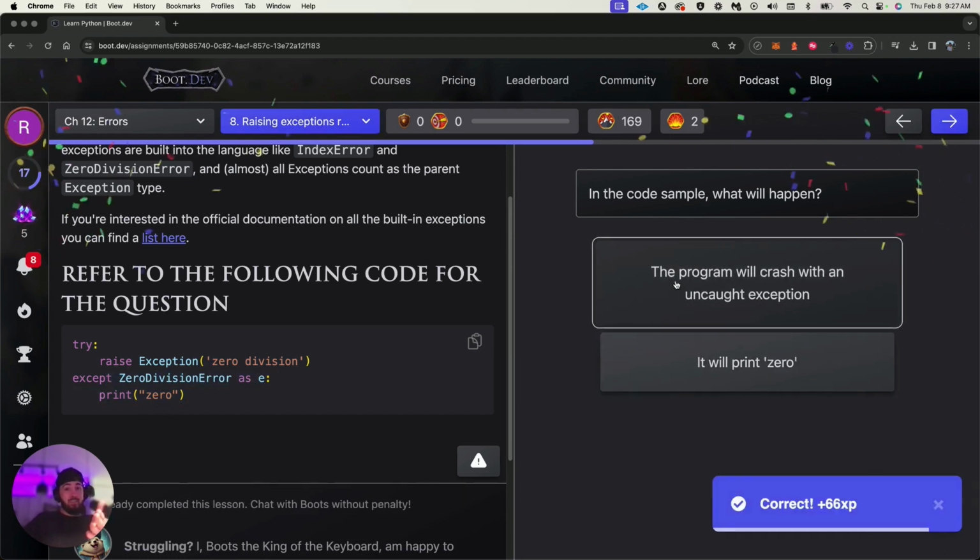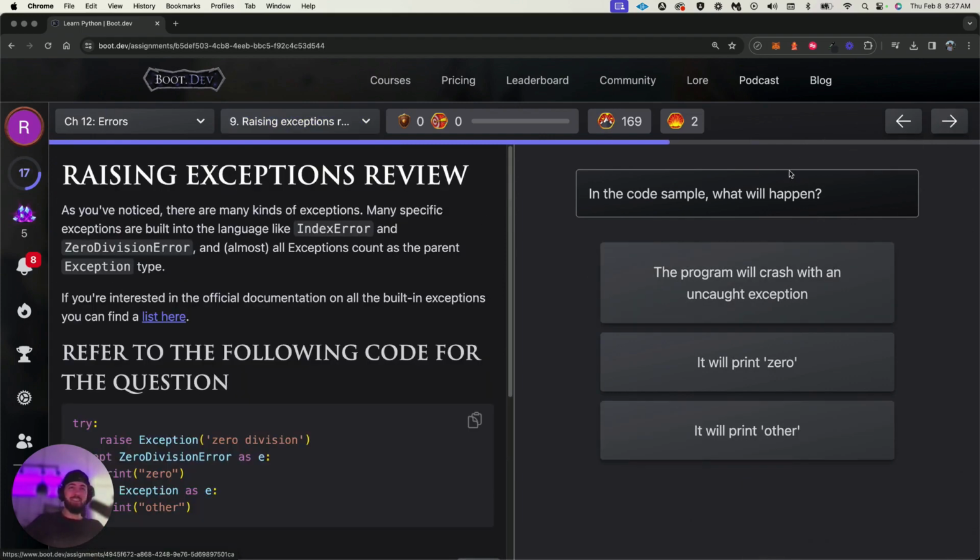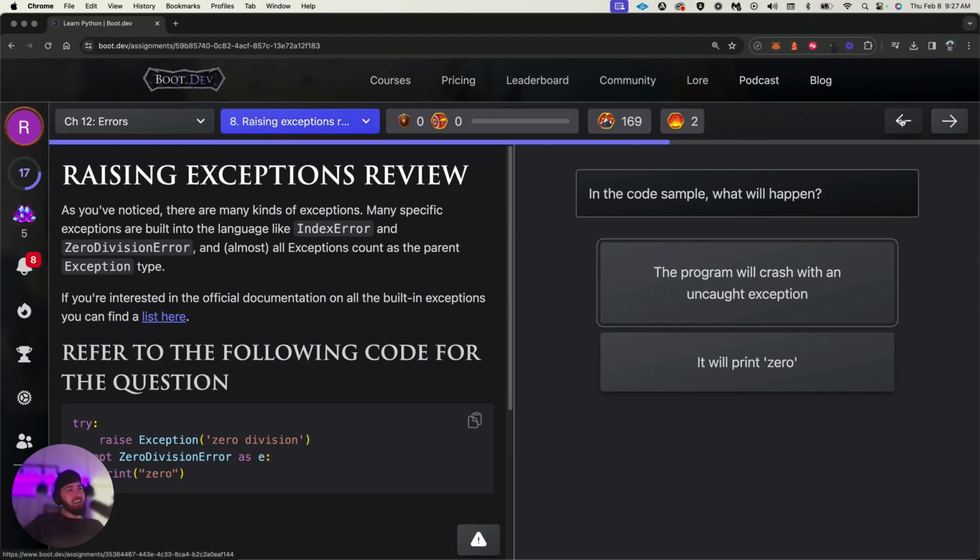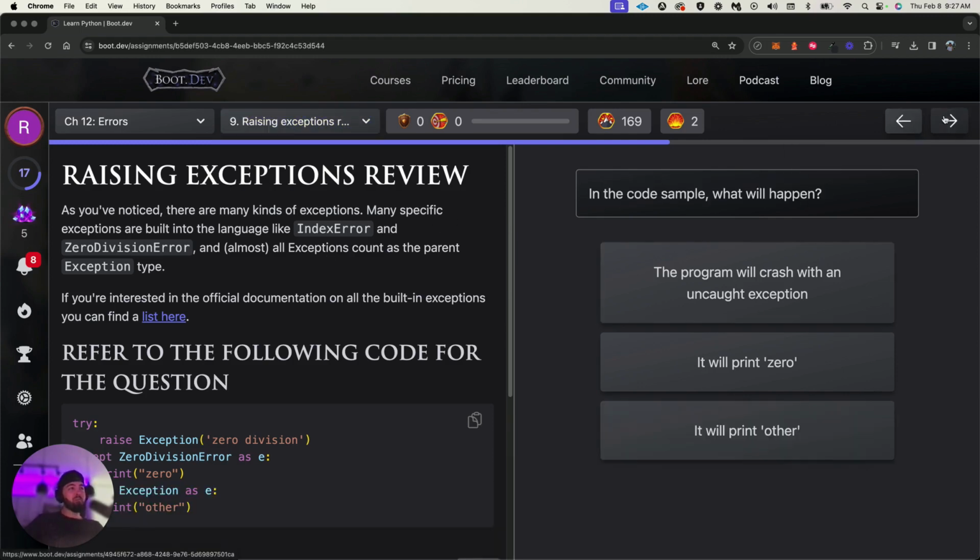I had a 50-50 chance. Sometimes you choose the wrong one. Okay, so let's see. There's a bit of an error with this error handling. There's a bit of an exception with today's episode. There's some exceptions here. So yeah, maybe just not clicking fully on this one, but I'll keep clicking off as